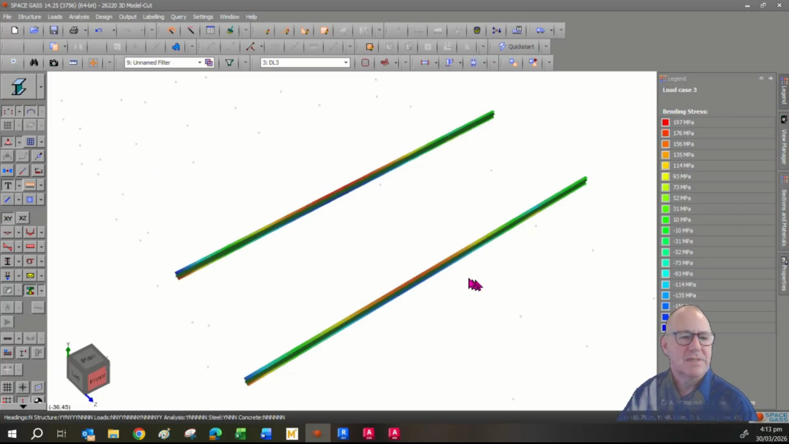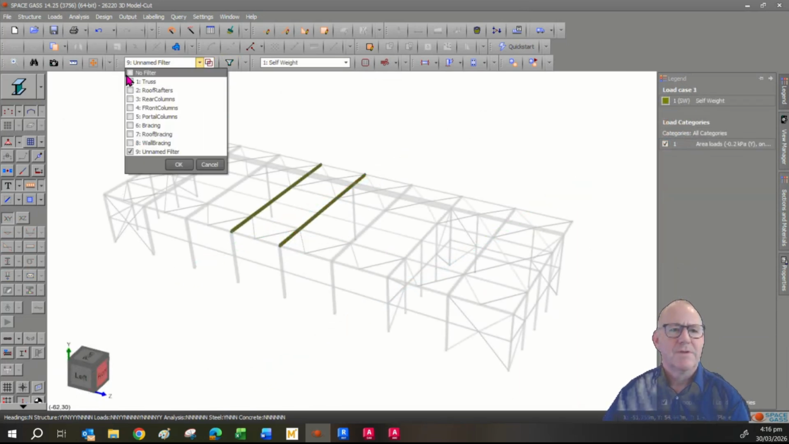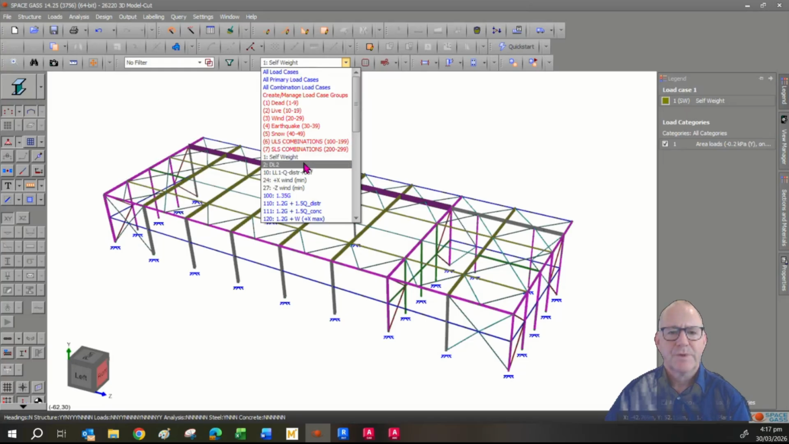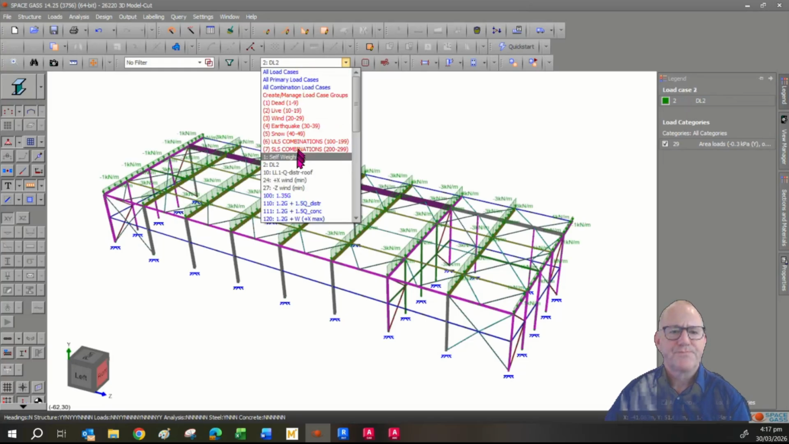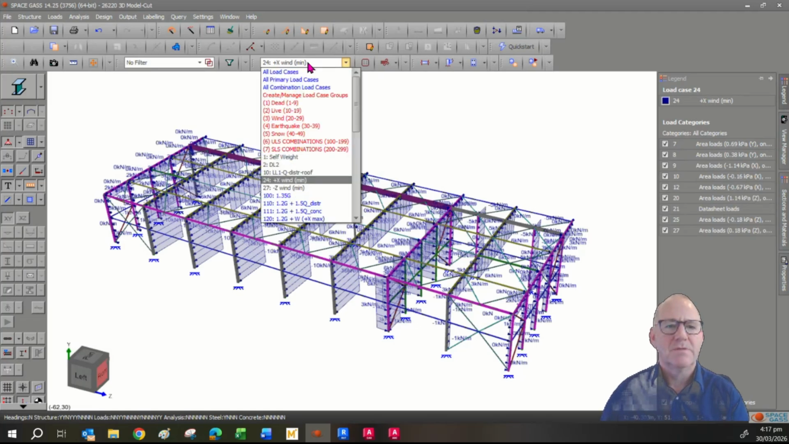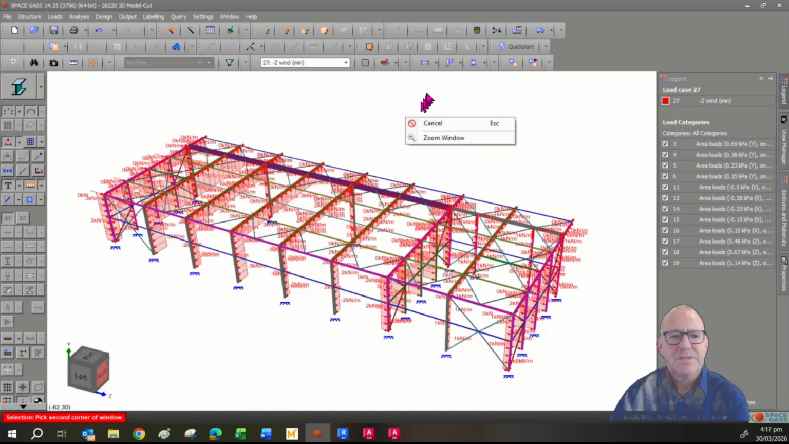So that's loaded, that's analyzed. So we'll get rid of the filter. No filter now. We've got loads. So we've got dead load, live load, which are generated as area loads. We've got loading from the wind, which we've put on bit by bit as area loads. And then we've got loads due to wind in the other direction. So I've got my loading